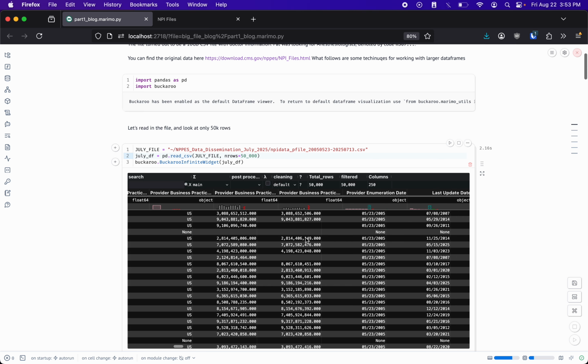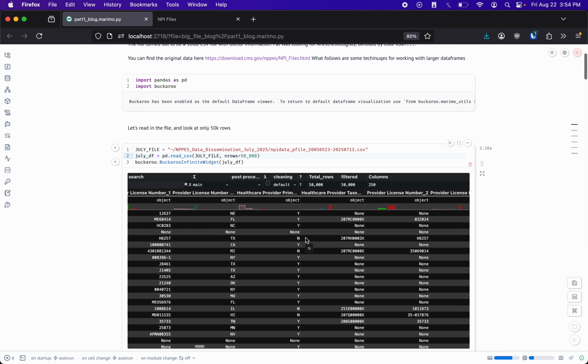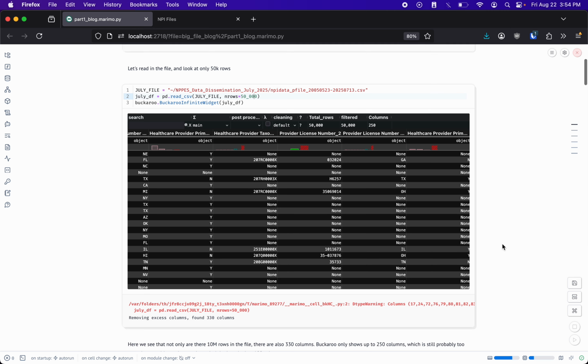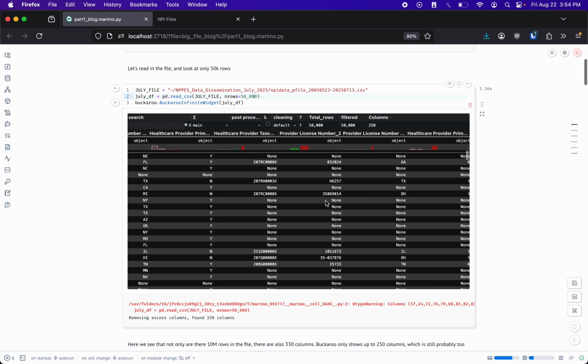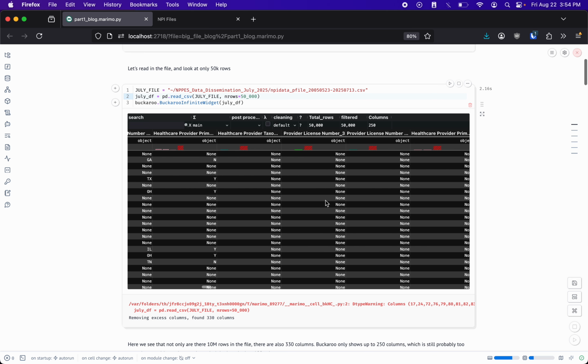So you can just look through this, and we have a lot of stuff here. Scroll down a little bit. Buckaroo said we filtered to 250 columns. There were 330 columns. This is one of the widest data frames I've seen in the wild, and that is a choice that Buckaroo makes. At some point, you do have to cut things off because although Buckaroo is very fast, you will run into problems. So we see a lot of these columns where it's 94% NA,